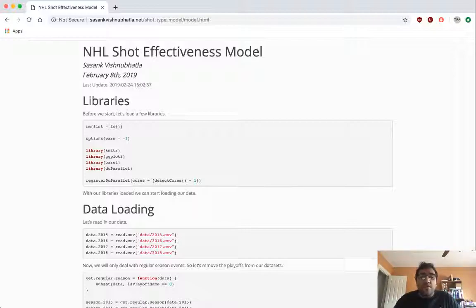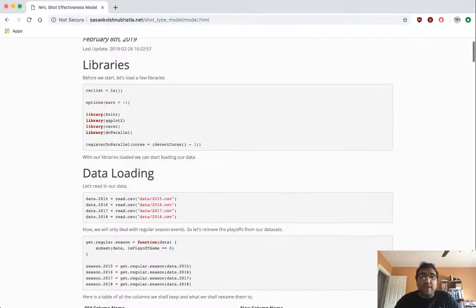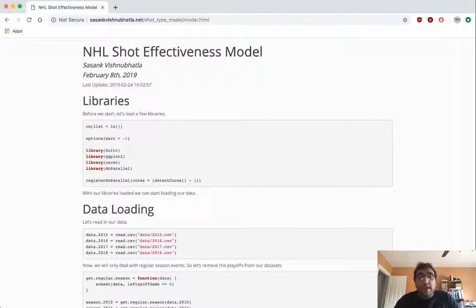So first we get our data from the MoneyPuck play-by-play data. We're using data from the 2015-16 season, which is right here, to the 2018-19 season, or the current season. Now, the current season data is only updated until about February. That is when I got the data, on February 8th. The last update of this entire page was February